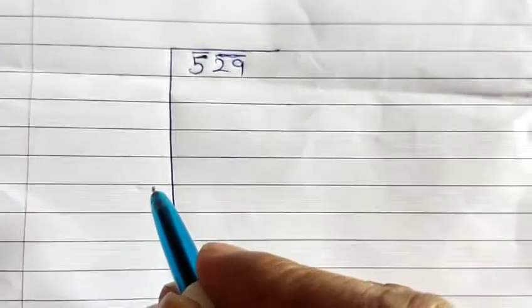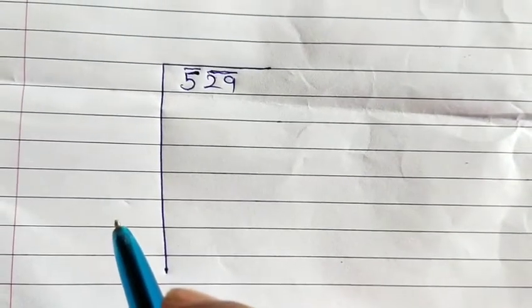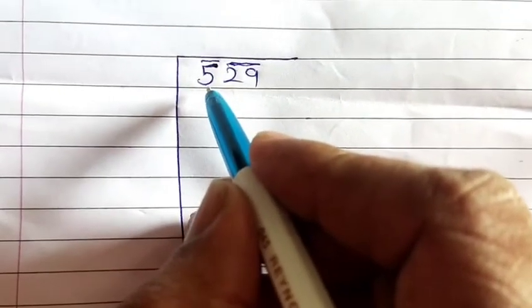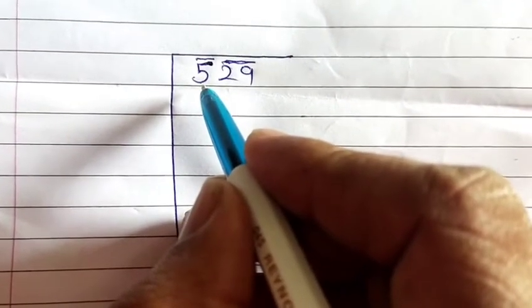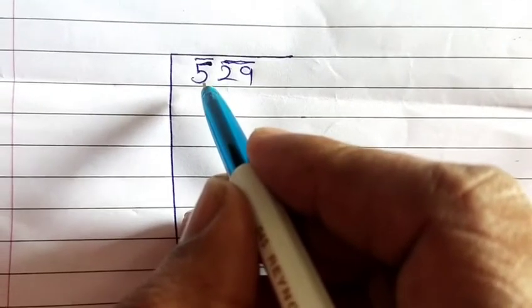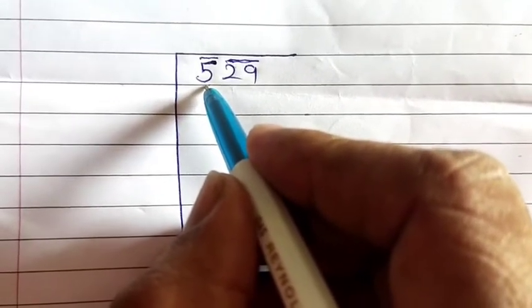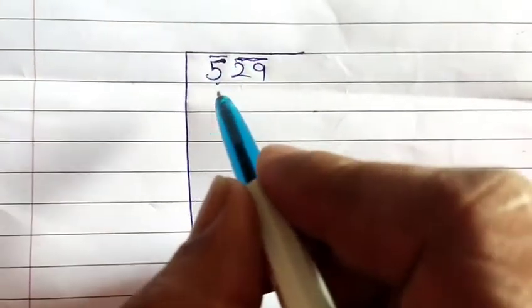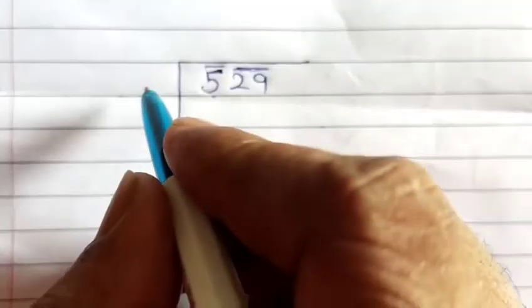Now find the largest number whose square is less than or equal to the number under the extreme left bar. This one is the extreme left bar. We have to find a number whose square is less than or equal to this number. 1 1s are 1, 2 2s are 4, 3 3s are 9, which is more than this 5. So we have to take 2 2s